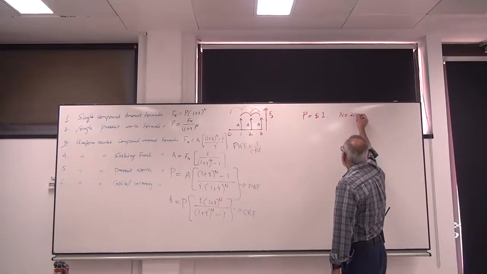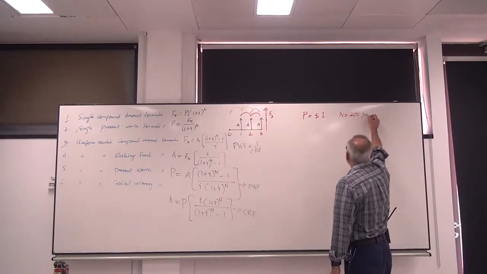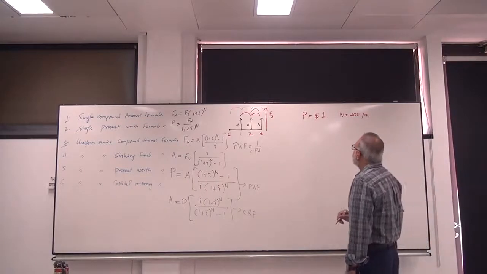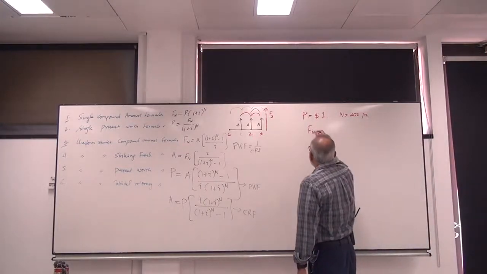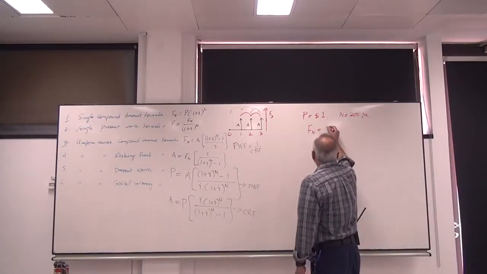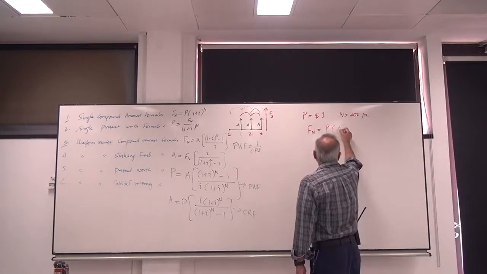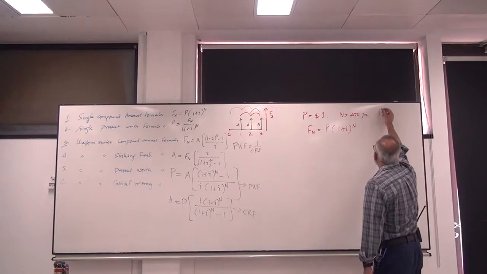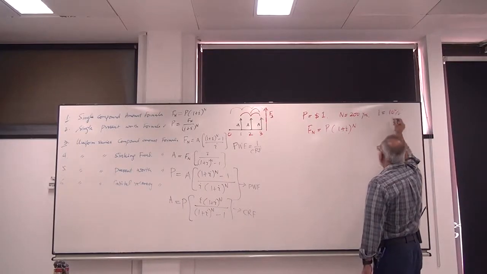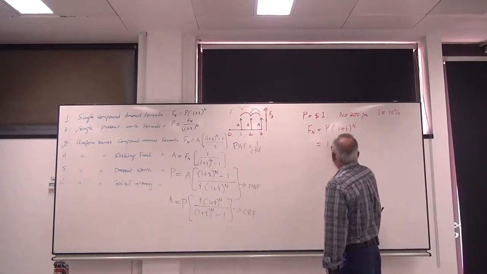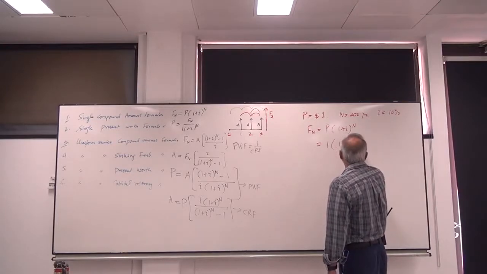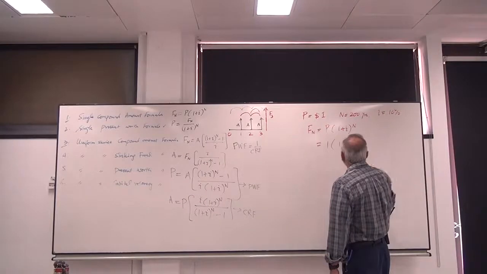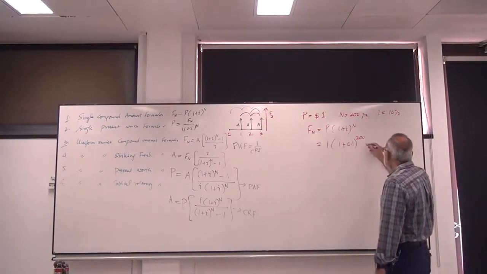N is equal to 200 years. And we want to see what the future value of this is. So we have P times (1 plus i) raised to power n. Let's say i is 10%. Then if you put 1 times (1 plus 0.1) raised to power 200, what we get is